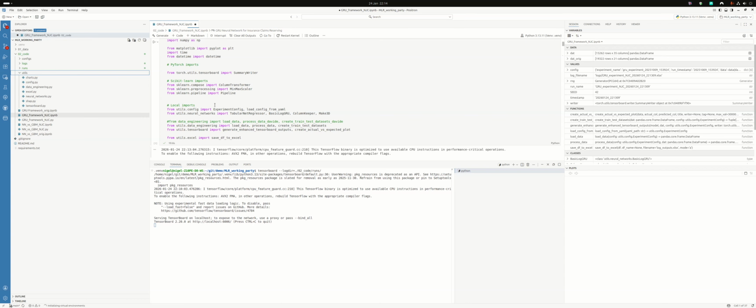There's the ability to read config files. So rather than having code that sets constants and minor variables, they can be put into a YAML config file and read from there. That helps you build software, make it automatable, put it into a software product, for example, and not need to code. I'm thinking ahead. We've got utilities relating to the neural network builds, the specific structure of the tabular neural network regressor,